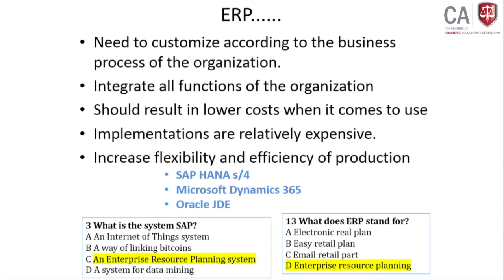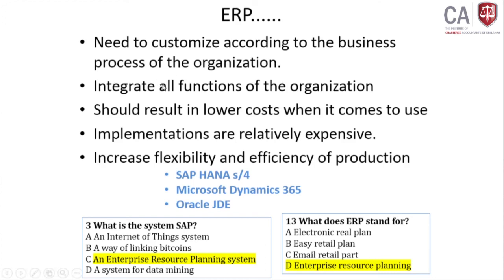And when you are going to integrate all functions of the organization, as I said, the examination division has a different system, and the registration division also has a different system. So you are going to integrate those with the ERP that you are going to purchase. Then there will be integration points, and of course the cost is very high. Integration is not easy, but once it is integrated, it will run well.